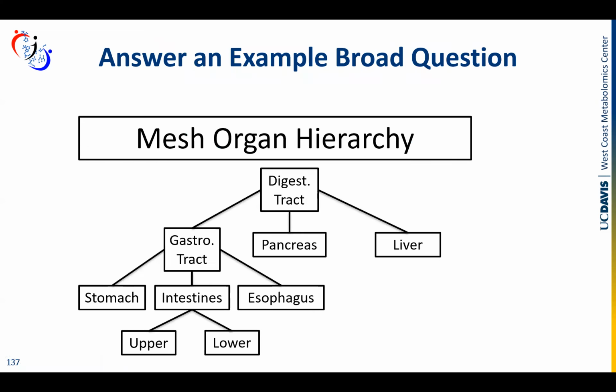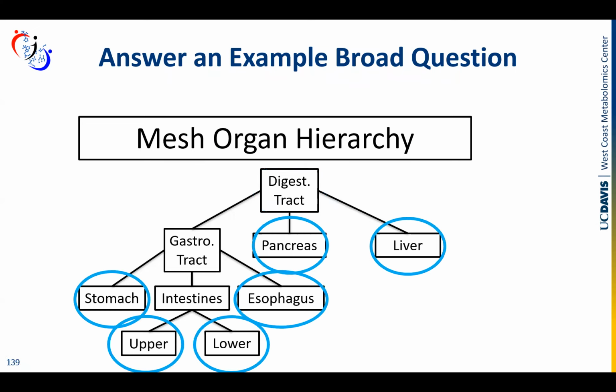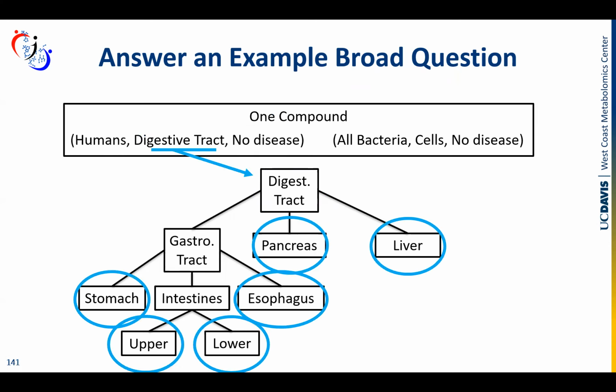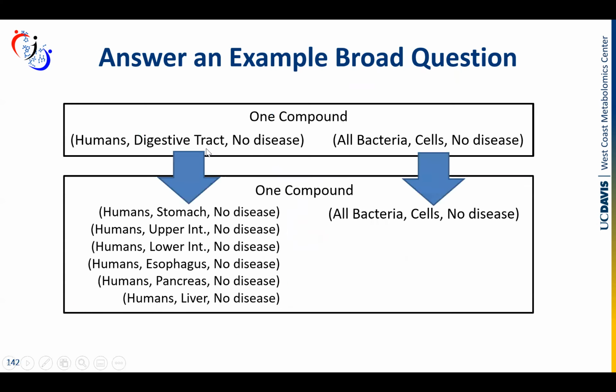And so we can turn to our hierarchies, for example, the mesh organ hierarchy, and recognize that at the top of this mesh organ hierarchy, we have this category that we're interested in, the digestive tract. And then in the leaf nodes, we have actual organs for which we might have data. And so we can take this hierarchy and substitute it in for the category of digestive tract and rewrite the left-hand side of this query as a set of metadata combinations for which we do have actual distributions